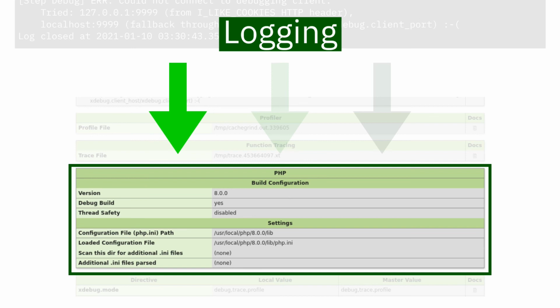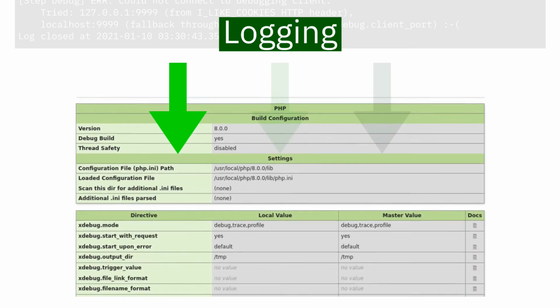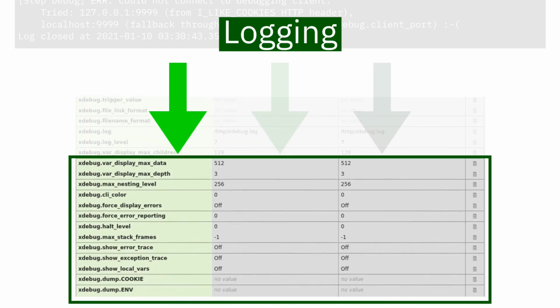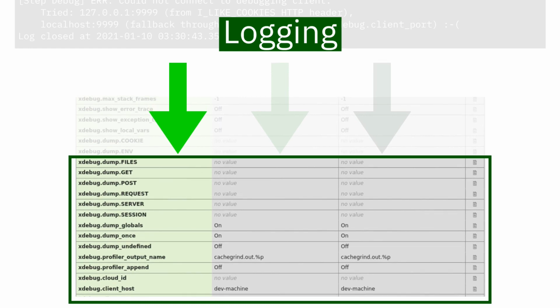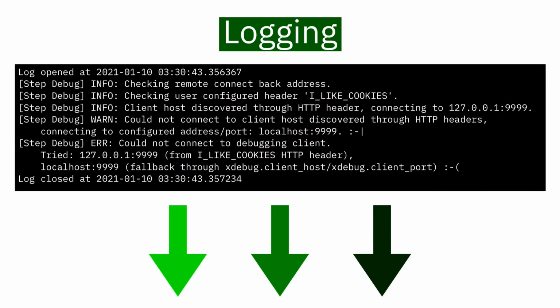This section also includes which configuration files PHP used for this request, which is useful if you need to find out in which file to make changes to Xdebug's settings. The last section of xdebug_info output includes all of Xdebug's configuration settings, including the values, and a link to the documentation.